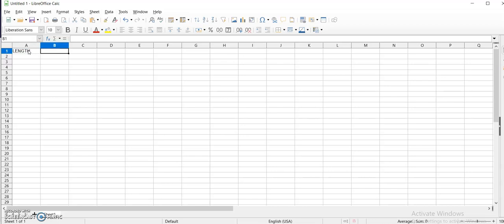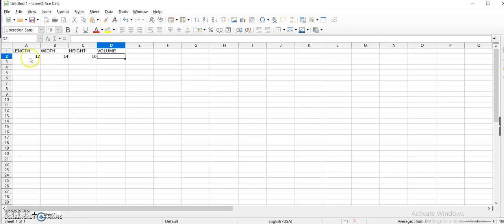Here I will write the length, then the width, then the height. After that I will fill in the values. Let us suppose 12, 14 and the height is 16. We want to find the volume of the box.